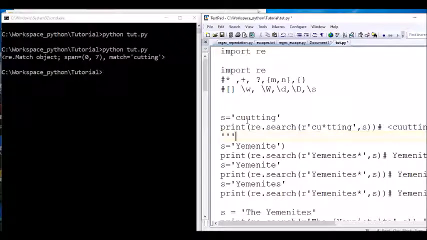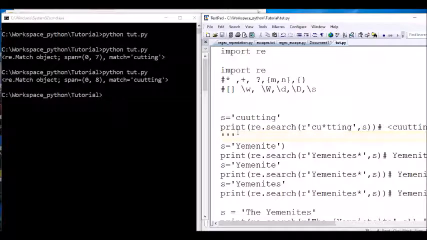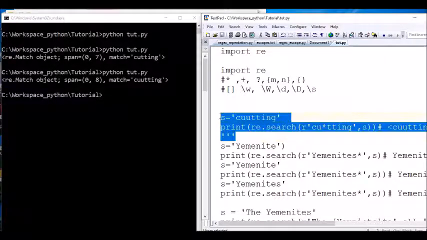So U, then T T I N G. Because the qualifier is the same, zero or more, so you have U 1, 2. Then after that, see the T I N G. So that's how it will be. Exactly the same thing. Now let's delete this.